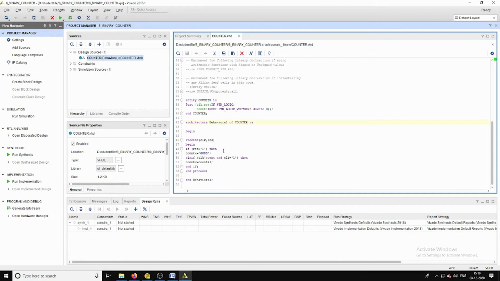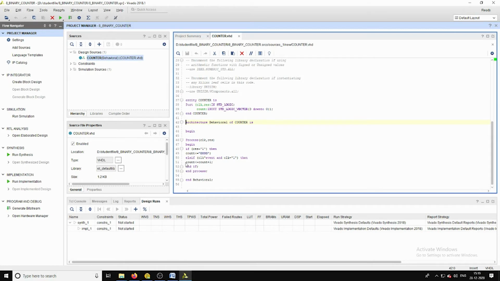If reset equal to 1, then count assigns all zeros. Otherwise, with respect to the clock event and clock equal to 1, nothing but at the moment the clock transfers from logic 0 to logic 1, it will result in an increment of the output signal count.